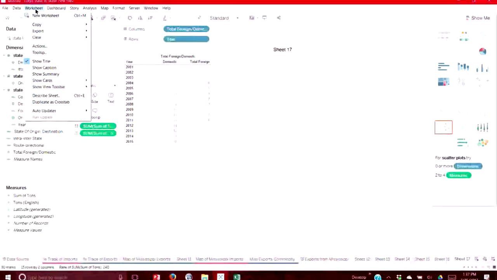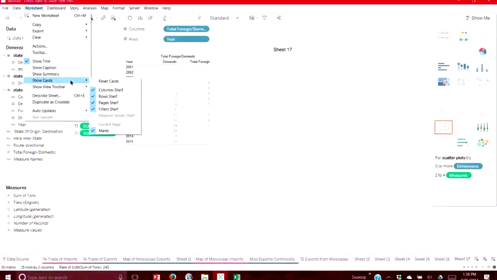Data is for joining data. Worksheet is these individual sheets, like it says Sheet 17. The worksheet is literally the sheet as a single graphic element that you're working on. Think of it this way: a sheet is a single sheet of paper. And with that single sheet of paper, you have a lot of things you can modify. The headings, the summary, showing the cards. If you notice, I go down to Show Cards. It's going to say I can look at the columns, the rows, the pages, the filters, or the marks. You could use Show Cards if you want to reduce some of those for space or for visual purposes.